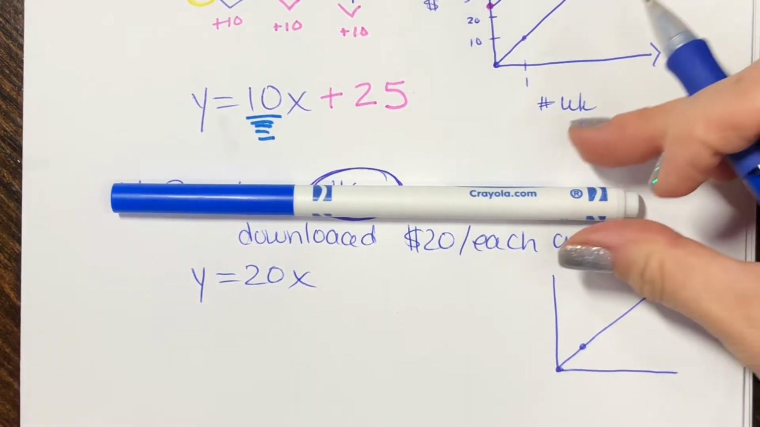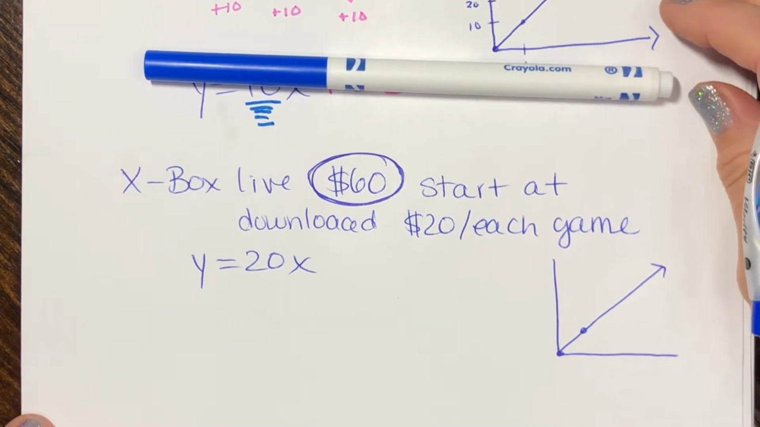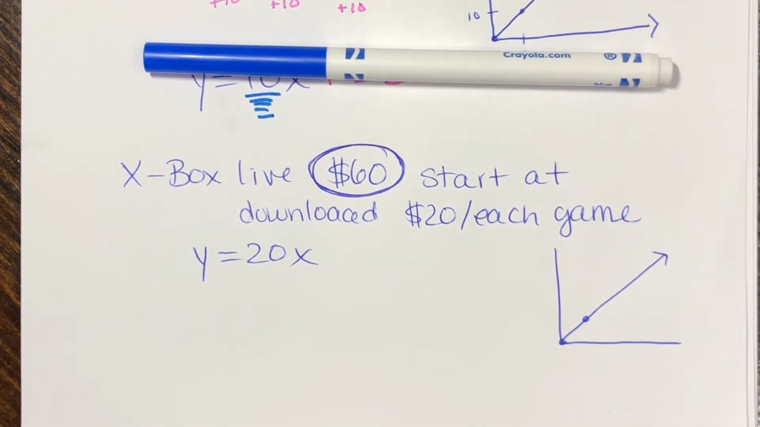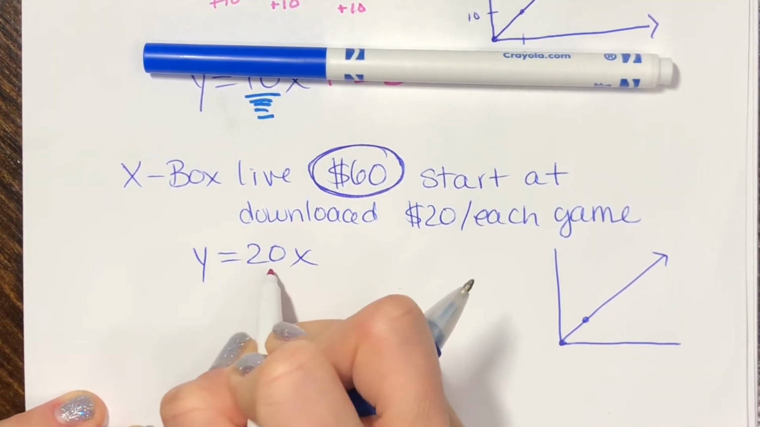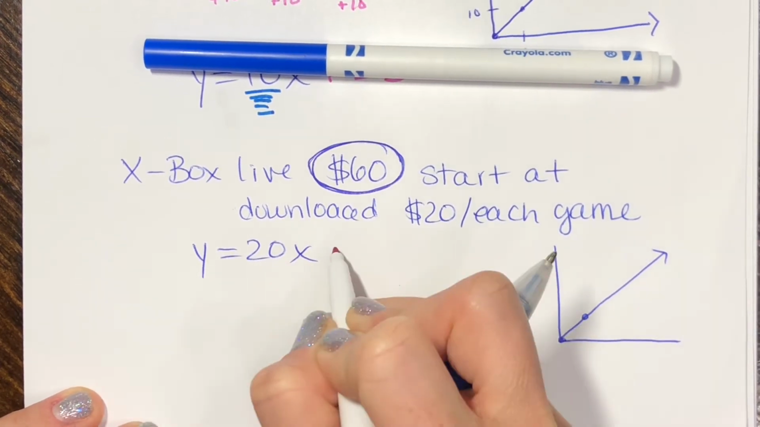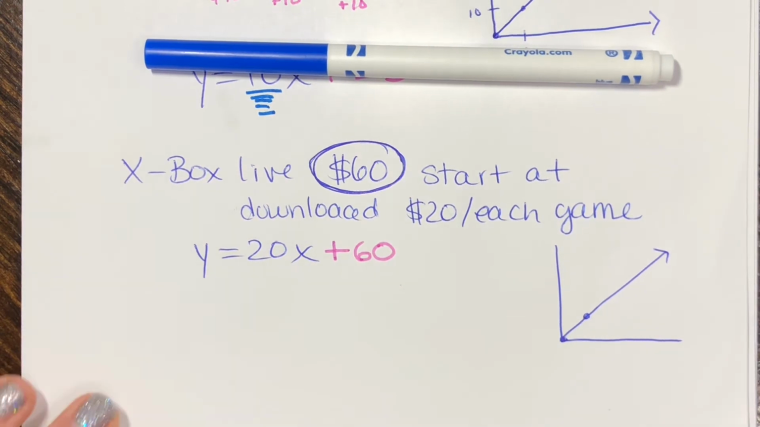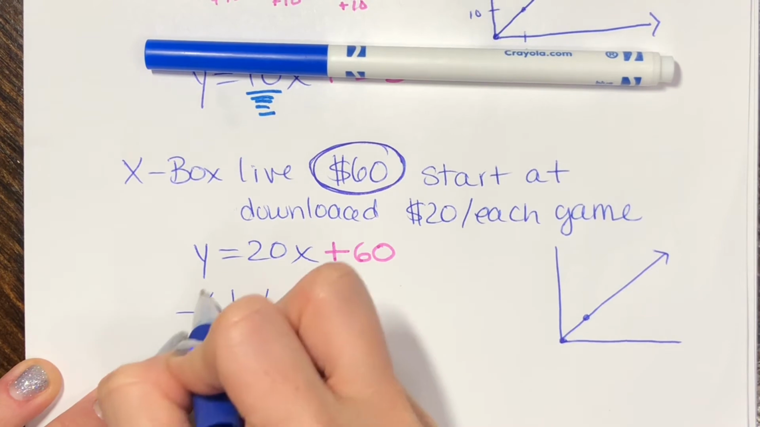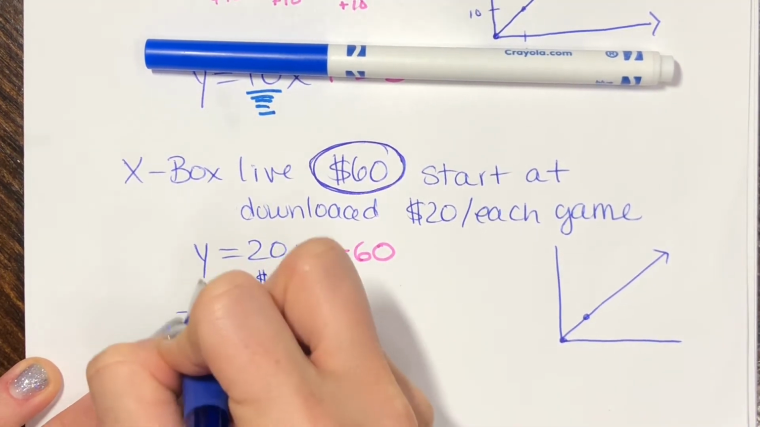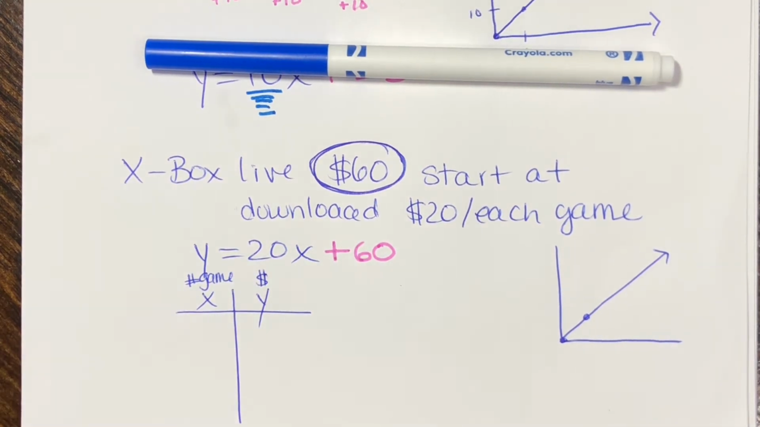However, we are now introducing this concept of a starting value. And we're going to give that a name in a minute. So the starting value for this one is 60. So what I'm going to do with that 60 is say, okay, I'm still going to pay $20 each game. So that's not going to change. I'm just going to add $60 onto that, which is going to give me a table of values. I'll do a vertical one this time. If y is my total cost and x is the number of games that I download,